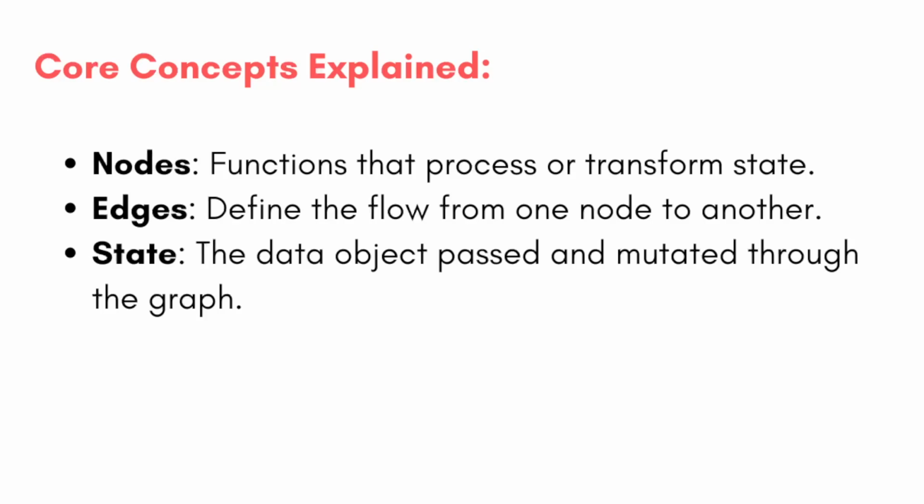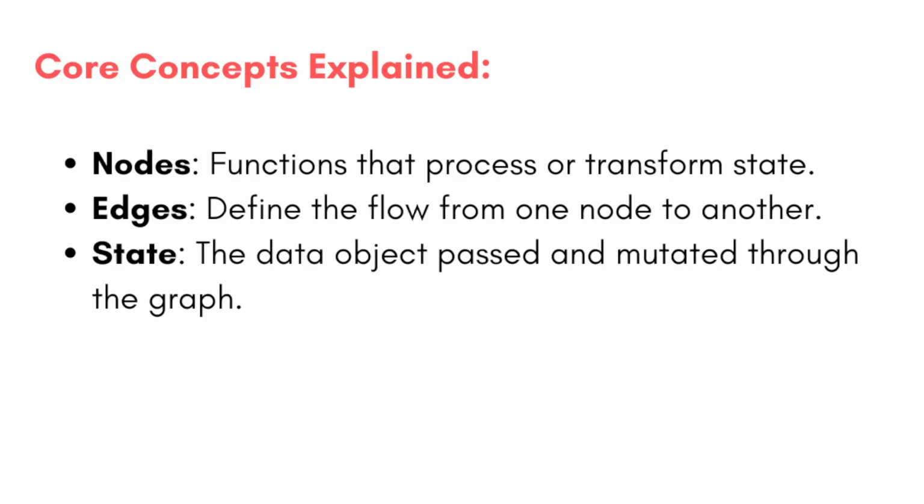First of all, I want to explain a little bit of the core concepts. So nodes are functions that process or transform the state. Edges are defining the flow from one node to another, and the state is the data object passed and mutated through the graph. Is it not wonderful, right? So